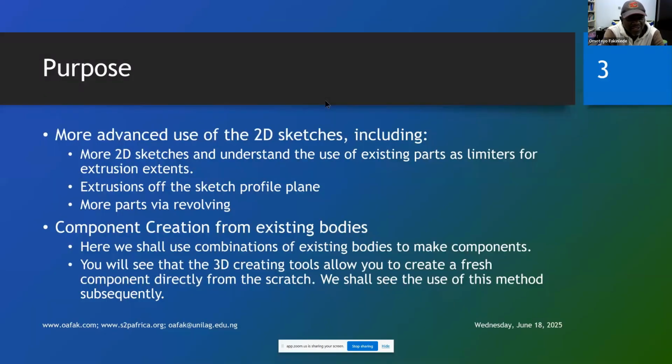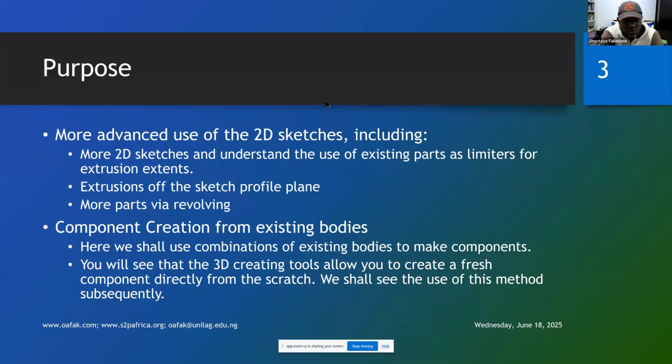So the purpose of this class is to make more advanced use of two-dimensional sketches. We are going to be creating 3D objects, but we are going to make advanced use of 2D sketches, and understand the use of existing parts as limiters. Before, when we wanted to extrude, we would just say extrude by this amount of millimeters or centimeters. Now, you will see that we can do our extrusion by saying, okay, extrude until you hit a body, or extrude and cut everything on its path. All those kinds of things will be a more advanced use of